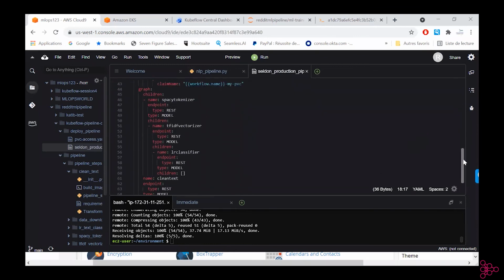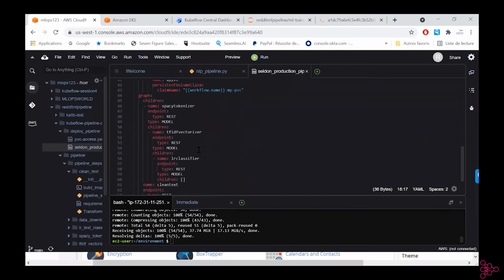Here I specified what they call the graph. The graph is the way you do the orchestration, because every microservice inside my ML engine has to be orchestrated. It has to communicate information to another service and then to another service.